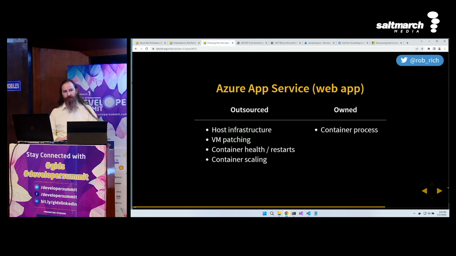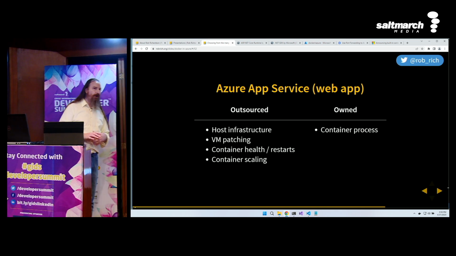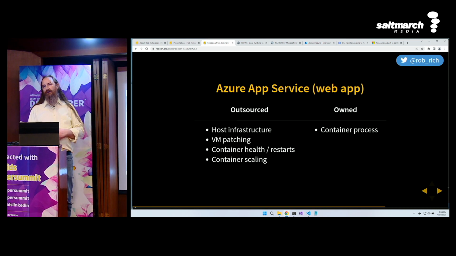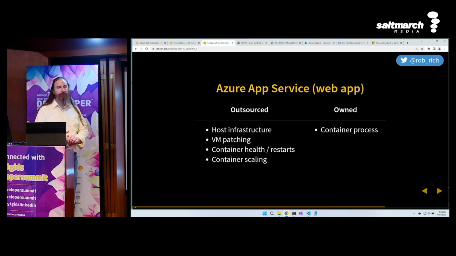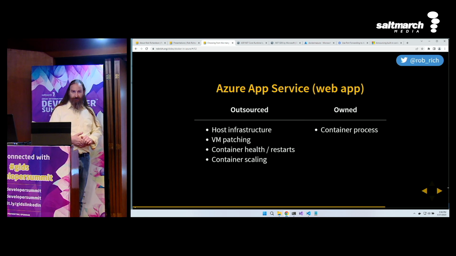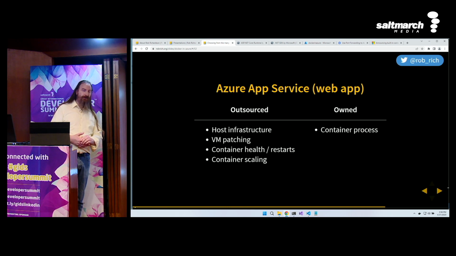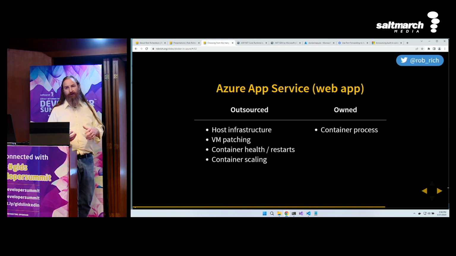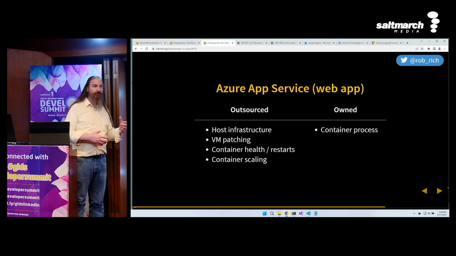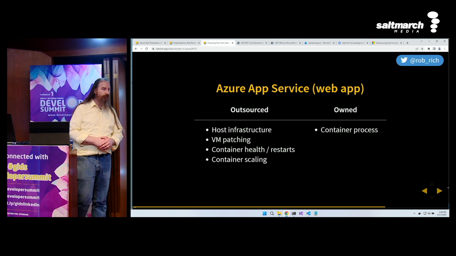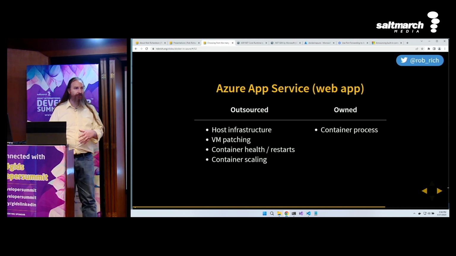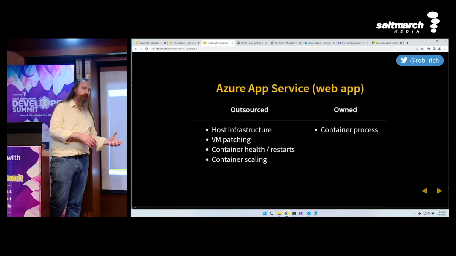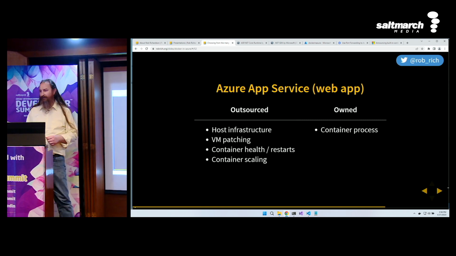Now this is cool because it's all managed everything. I don't need to worry about my orchestrator. I don't need to worry about my container restarts. It's running like any web app. That's cool. On the downside, I only get one container in this. So if I have multiple containers, lots of microservices, I have lots of web apps, which means I might be stretching my app service plan. So if I have lots of containers, I'm going to reach more towards AKS. If I have a monolith in a container, I'm going to reach more towards Azure Web App.